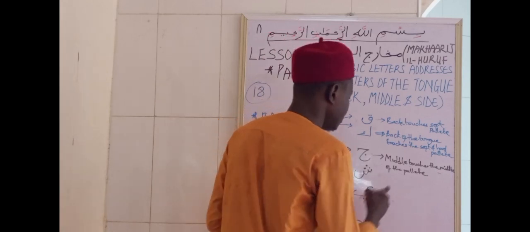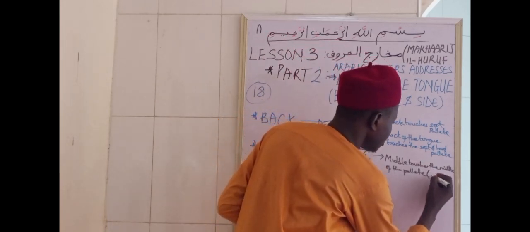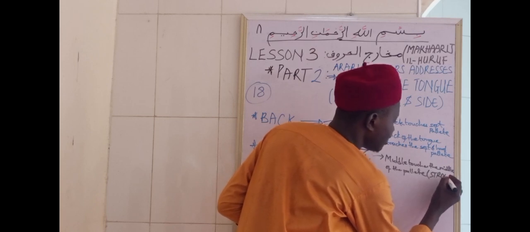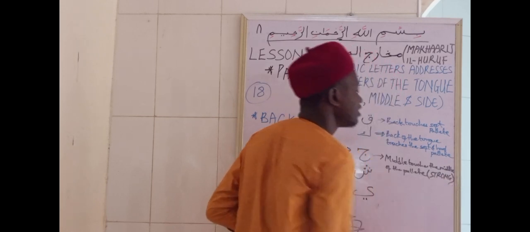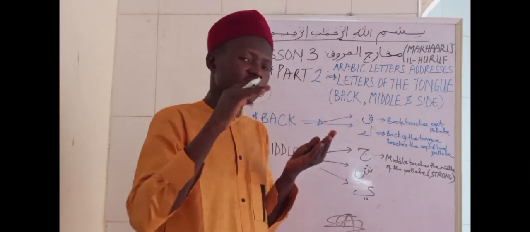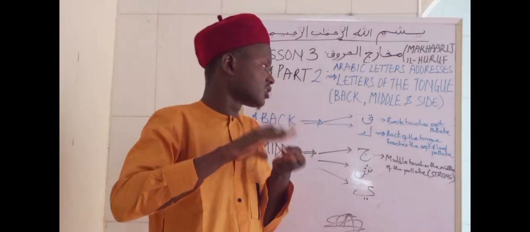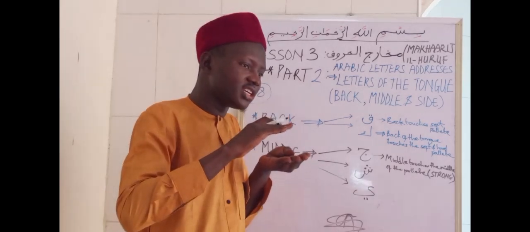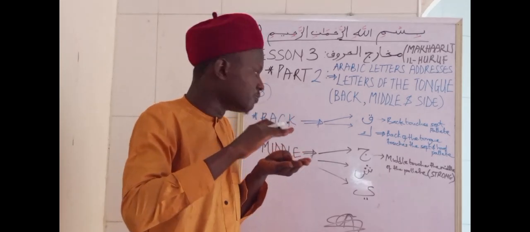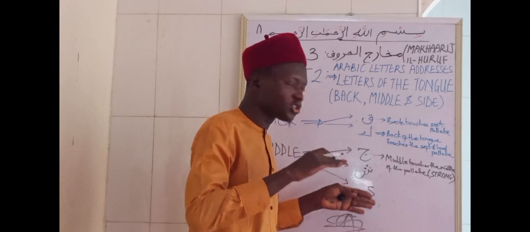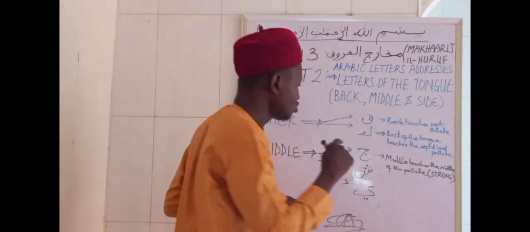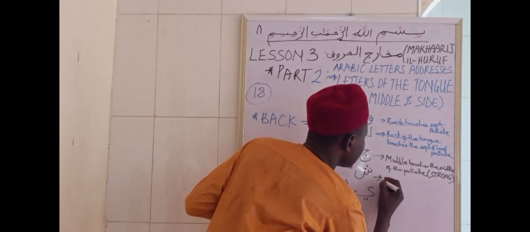But for this one we can say it touches it strong. If I say strong, what I mean is that the way it touches it is very strong. But that of shin, I will put medium, because this one is more softer. That of ya is more softer. So this, we say the middle